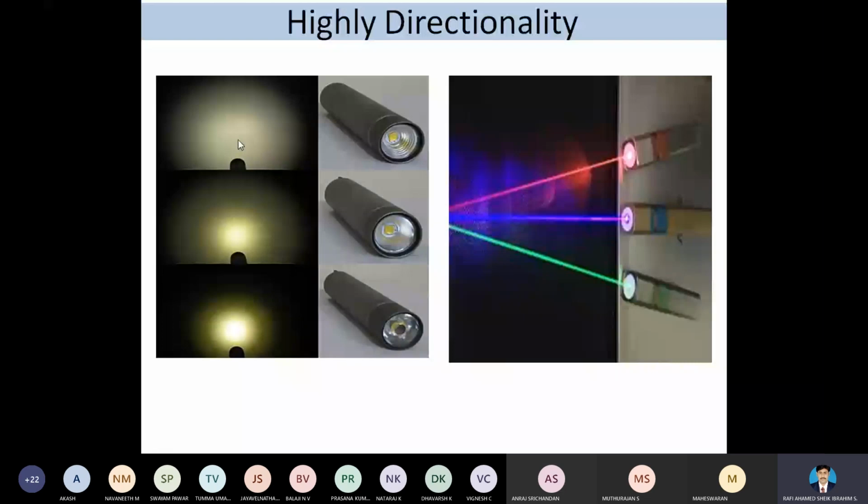Here we are having somewhat bright. Here it seems to be less, and here it seems to be less. So when the distance is increased, for example, here we are having only 1 meter distance. When light falls on the screen from 1 meter distance, we can see the light intensity is glowing bright.